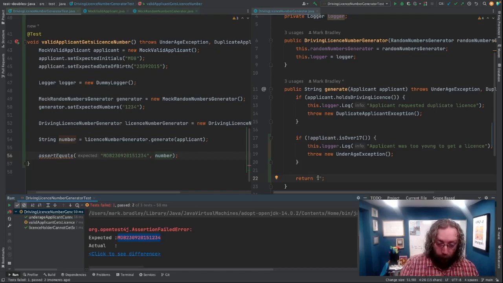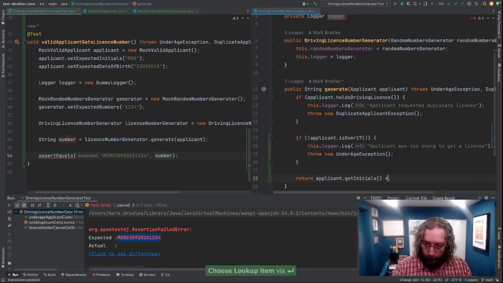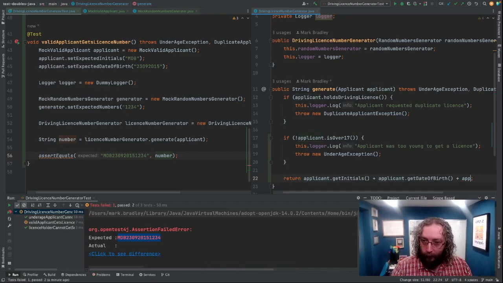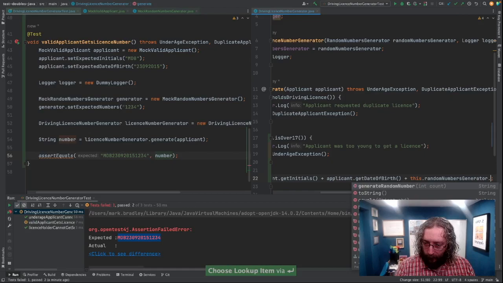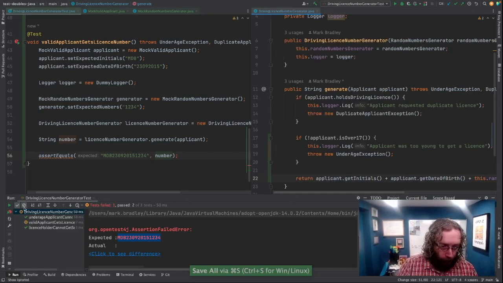So we can now start using our mocks to make our test pass. So we can return applicant dot get initials plus applicant dot get date of birth, no, not applicant at this point, it's random. And we'll just be casting it together. This dot random dot generate, and we need 4. So if we run this,